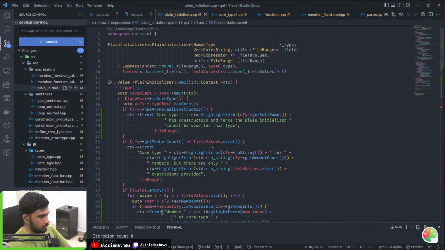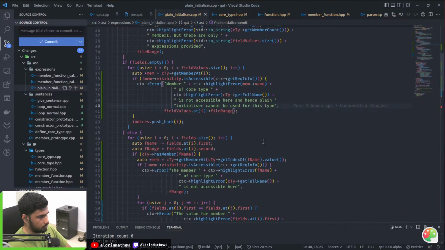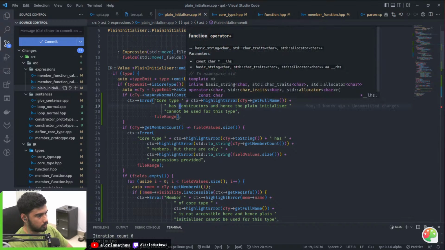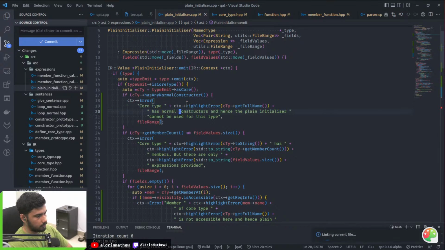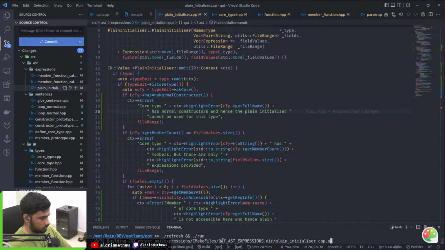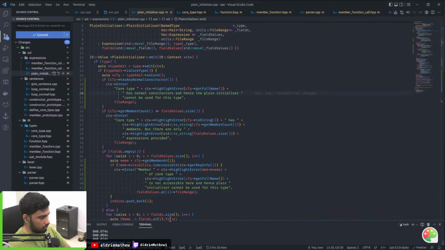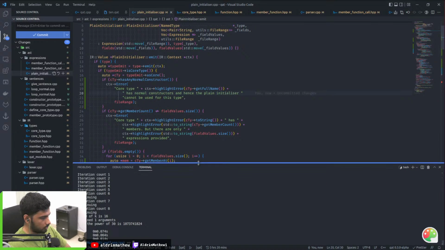Plain initializer. I'm going to decrease the font size because I'm not used to it. Okay, that compiled without problems. Nice.